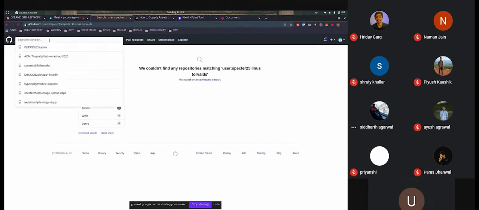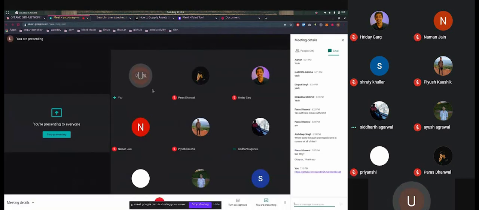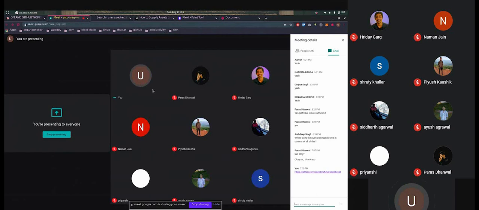If we are cloning any repository, can we push the code also? No, you cannot push the code. Okay, a good question, right. So if the repository is owned by me, I was coming to that part, but let me explain it. So this is my repository, so I can only push code unless I add you as a collaborator.